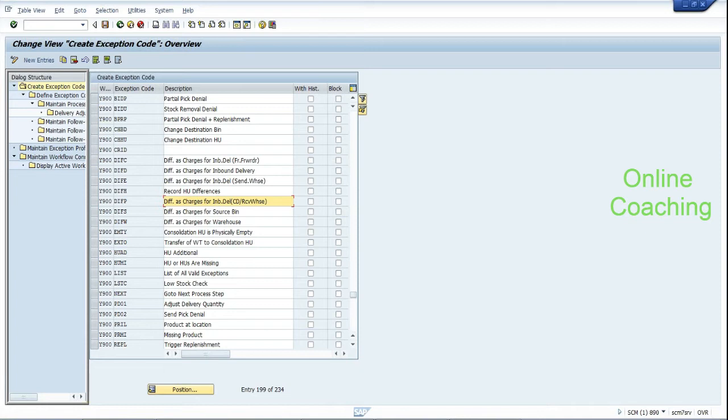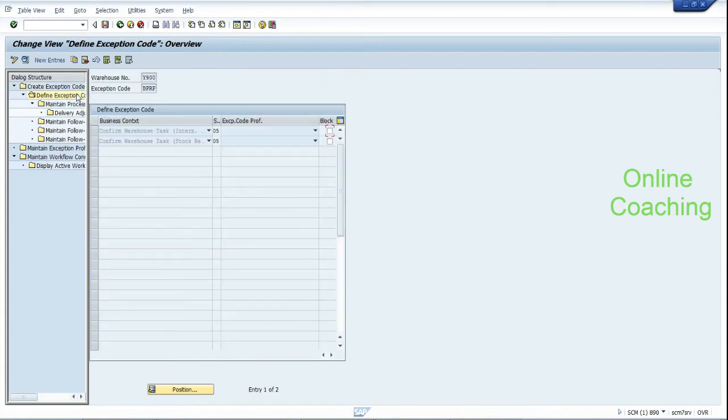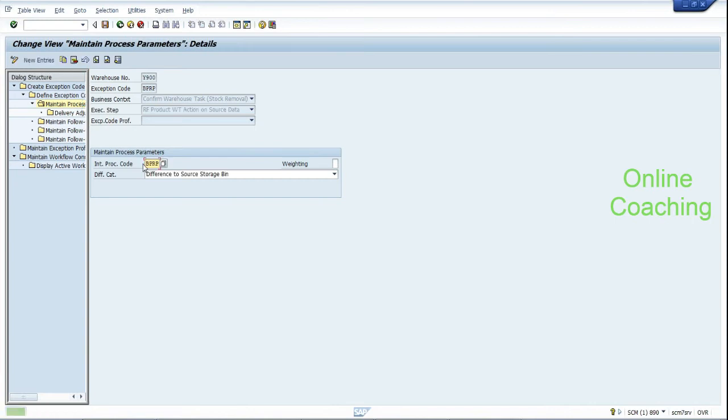If you go to that, the partial pick denial plus replenishment, can you go here? No, I cannot go here. Now, suppose, see here, in the confirm warehouse task, in the stock removal, if you look at the process parameters, can you see here now? The system internally contains a process code. This is the SAP delivered code, internally available. So if you look at the DPRP,